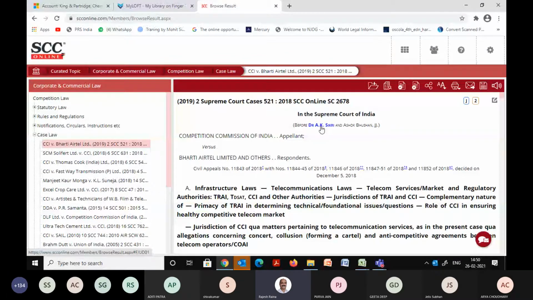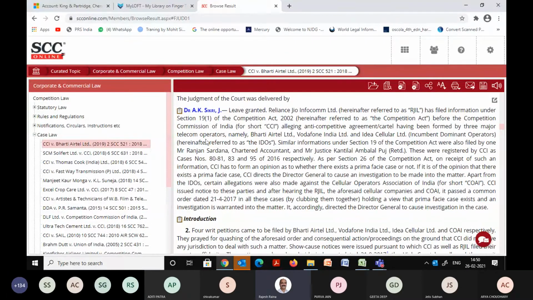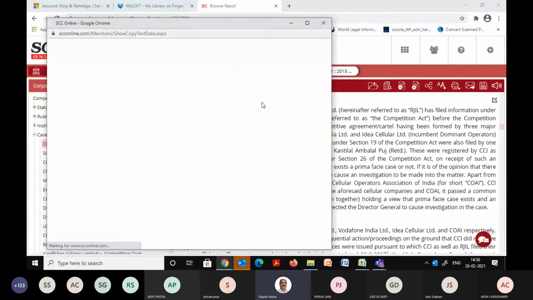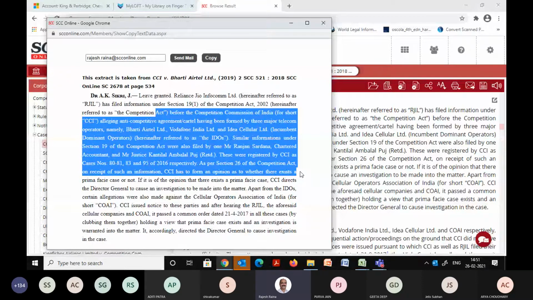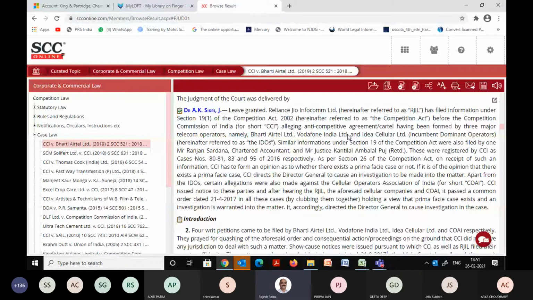So let's go to the judgment part. The judgment starts from here, and every para has a notepad adjacent to it. You can see that. So what is the purpose of these small icons over here? If I double click on this notepad, it will open up in a new window this extract of para number 1. From here, I can mail it across, or I can simply copy and paste it in my draft. Maybe the entire paragraph, or in this case, I want only a couple of lines. I can do that also by highlighting and pressing Control C and Control V. So that is one way to take out the extracts.